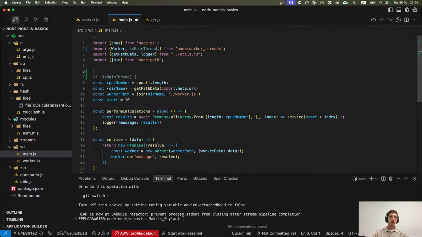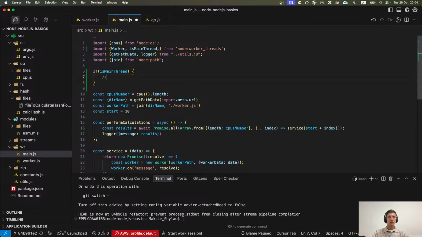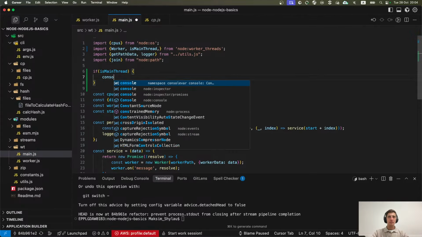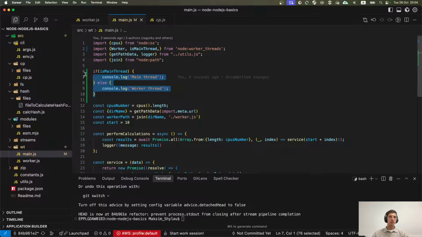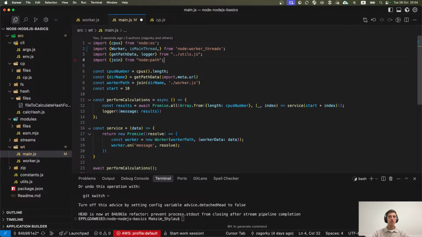You just write if isMainThread, and you do some stuff for the main thread. In the else block, you write code for the worker thread. I just put it into separate files for better visibility and convenience, but it's not necessary, just in case.